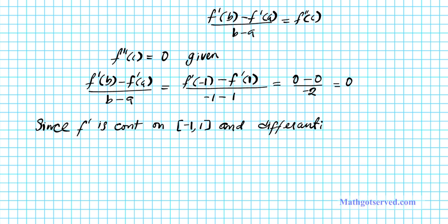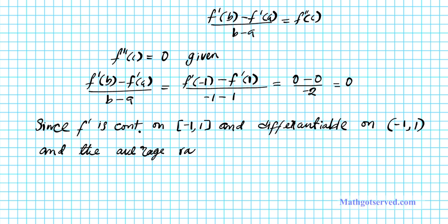We're told that the function is twice differentiable, so it automatically implies continuity for the first and second derivative. So since f prime is continuous on [-1, 1] and differentiable on (-1, 1), which is a subset of the interval with the endpoints included, and the average